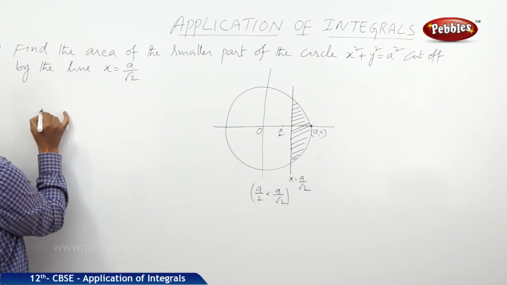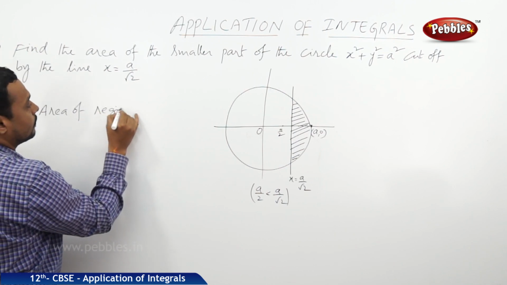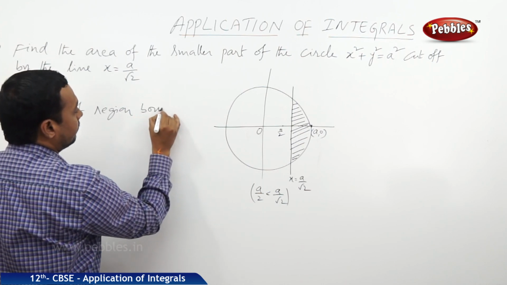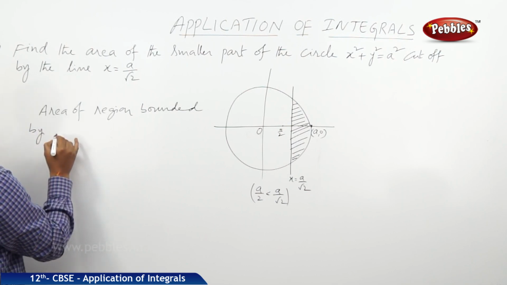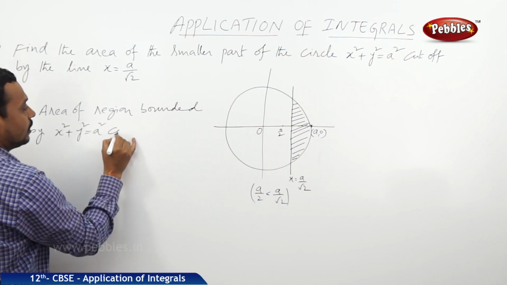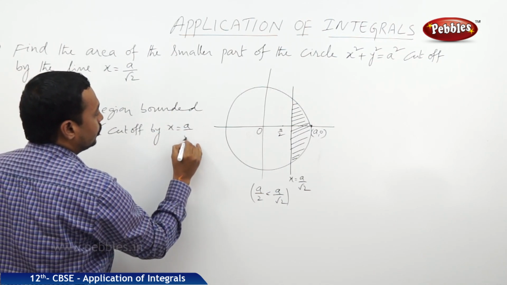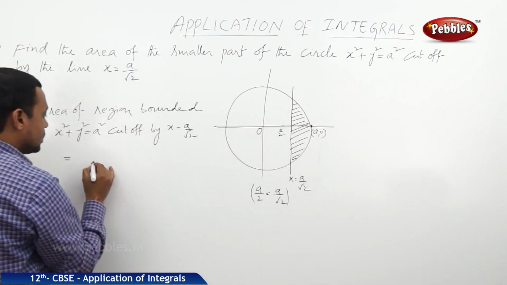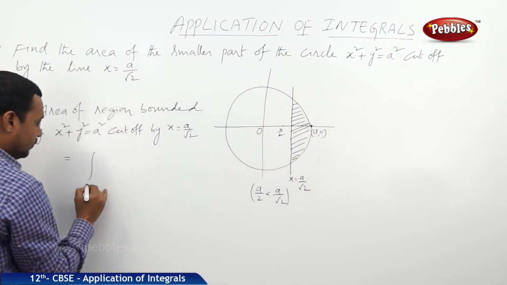Therefore, the required area or area of the region bounded by the circle x square plus y square is equal to a square cut off by x is equal to a by root 2 is equal to, now this is integral a by root 2 to a